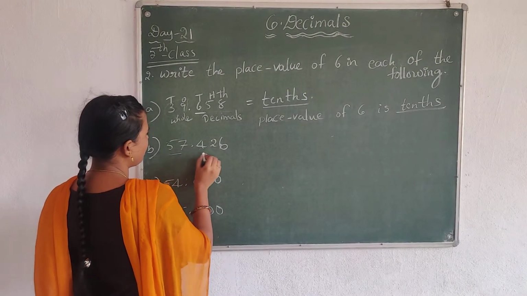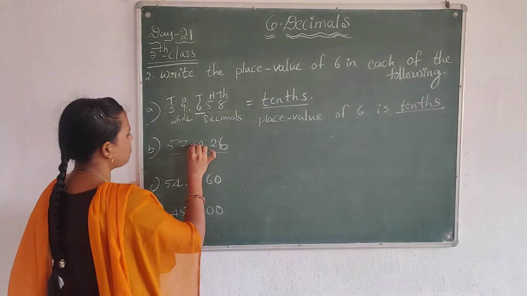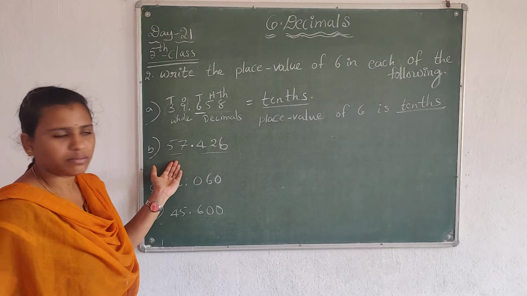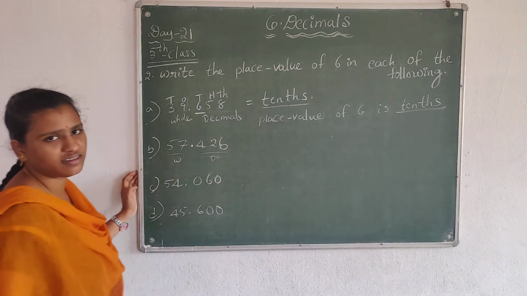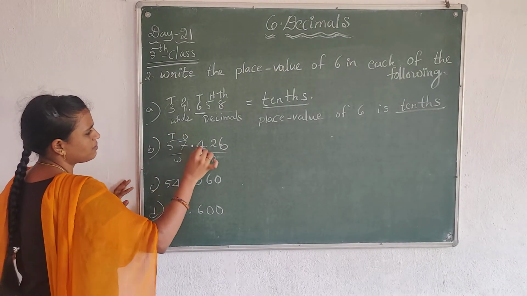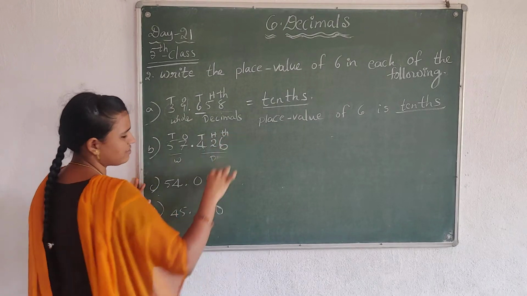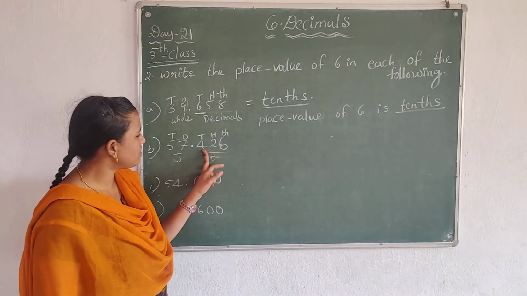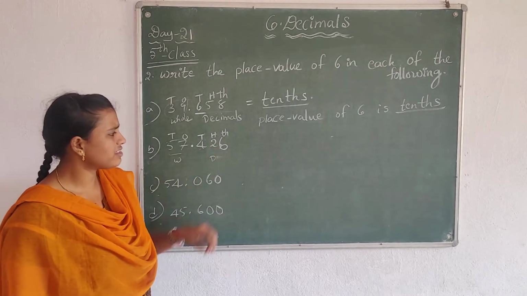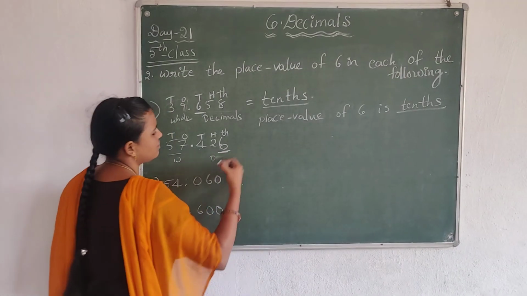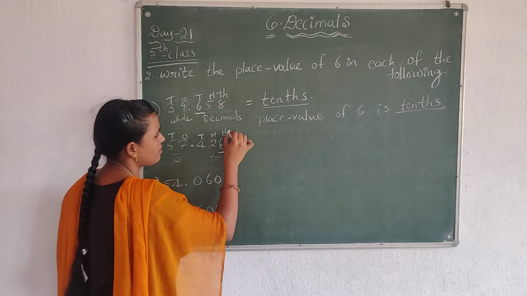First identify which are the whole numbers and which are the decimal values. See, left side of the point, the left side numbers are the whole numbers. Next, these are the decimal values, and these are the whole numbers. So ones, tens, hundreds, thousands. See here, which is the 6? Is it? No. Here? No. Where is the 6? This is the 6. So see here, 6 is in which place?